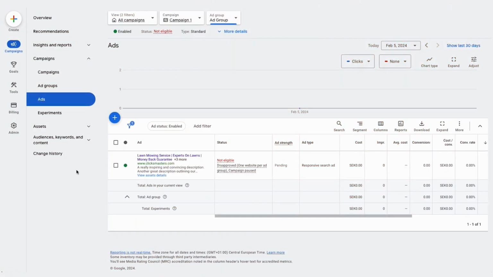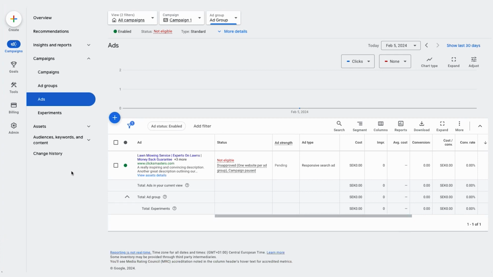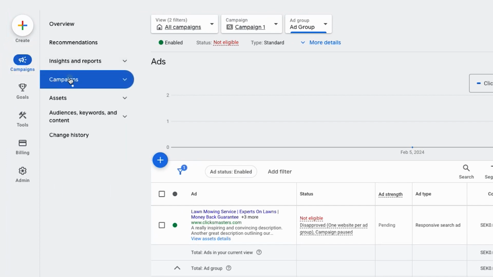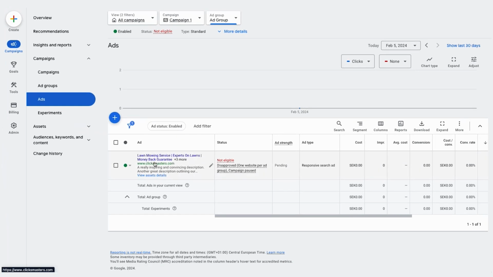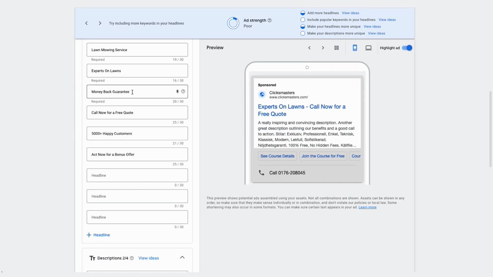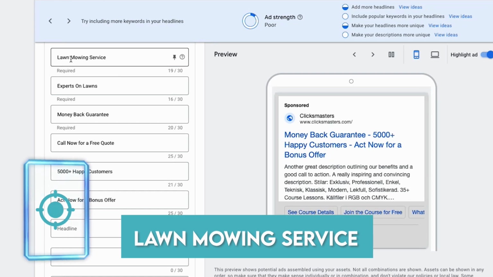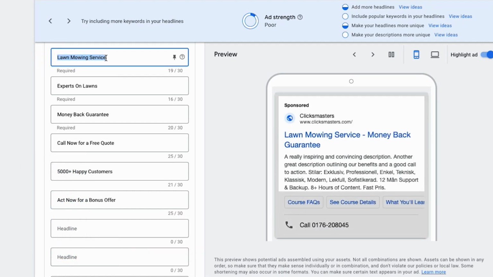To get started with dynamic keyword insertion and dynamic location insertion for your ads, you have to go into campaigns, and then under your campaign tab, you will find ads. So go to that one, and you can see right here, I have one ad for this specific ad group. So what I'm going to do, I'm going to go inside of this ad. Here you can see for the headlines, I am targeting at least one keyword, which is lawn mowing service. So what I can do now with dynamic keyword insertion is I'm going to remove this specific headline, and I'm